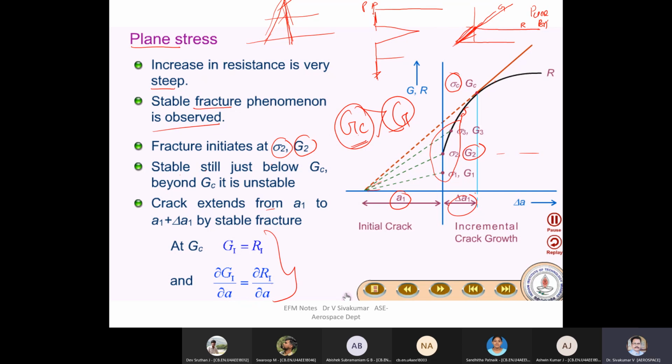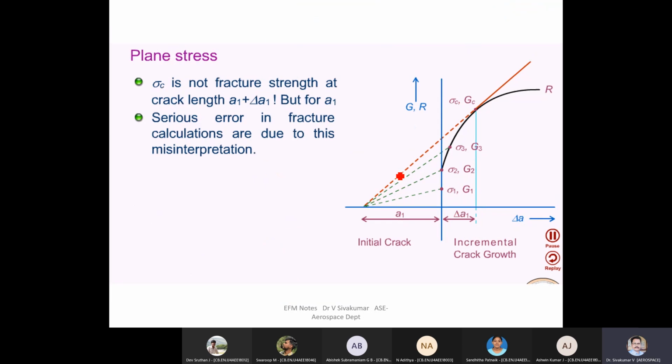Some people in Japan want to test it, because people will find their own way for GC too. I should standardize it. That is what you have ASTM, American Society for Testing and Materials, standard testing procedure. So anybody can find anybody's strength by conducting the standard testing procedure. They should also test, and they should get the same GC value. In that sense, if they are getting stable fracture for a particular material, then they will get an inconsistent GC. Then they will say something is wrong. So I need to make GC consistent. So how to get the consistent GC?